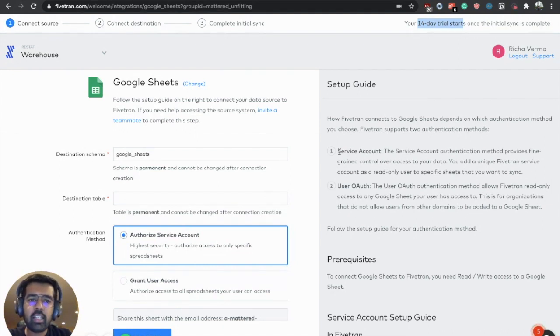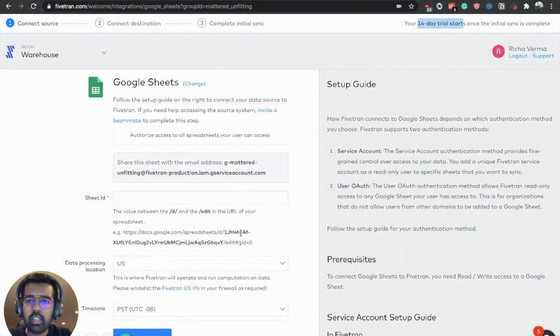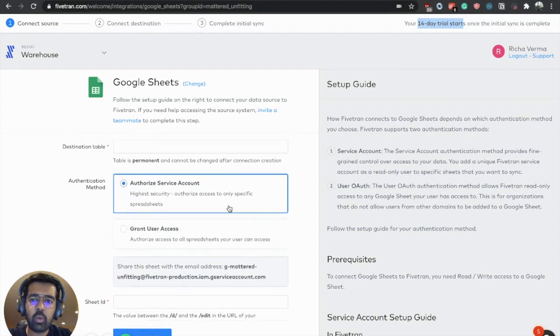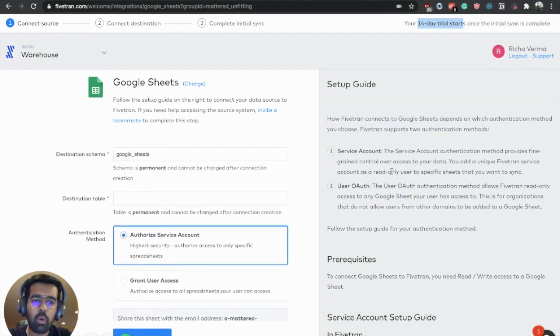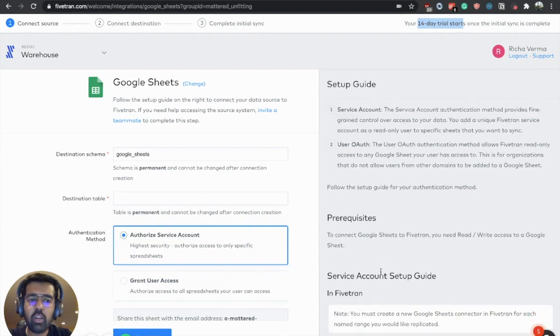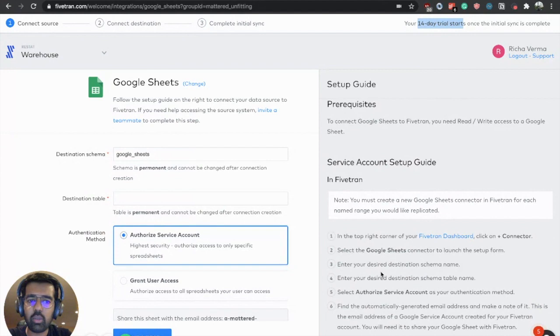But I can see that there is a lot of text on the screen. Along with the initial setup of Google Sheets, there is a help guide, which is great. But I think there should have been some option to hide this guide or only show it when the user needs it. The other option is to make this onboarding more contextual, because if I am stuck on a particular step, then I don't really know where I'm supposed to read in this particular guide. Just breaking down this guide and making it contextual with each step would have been much more useful.